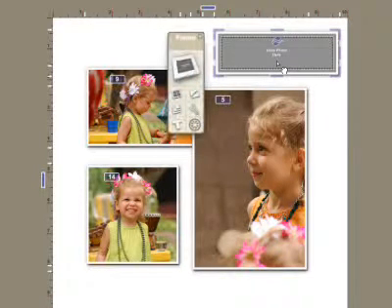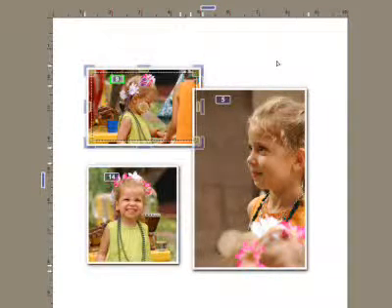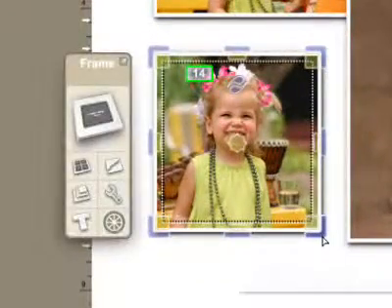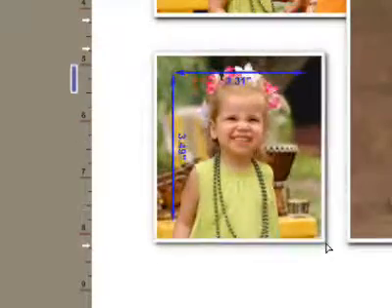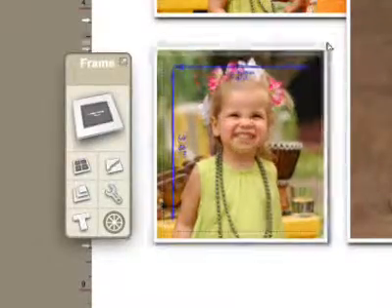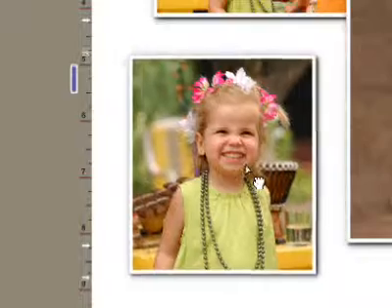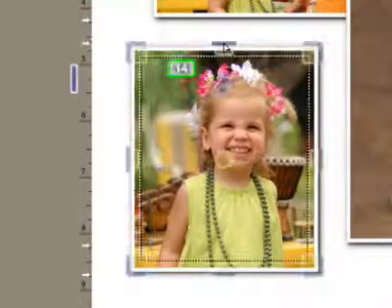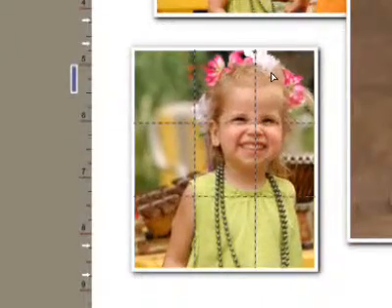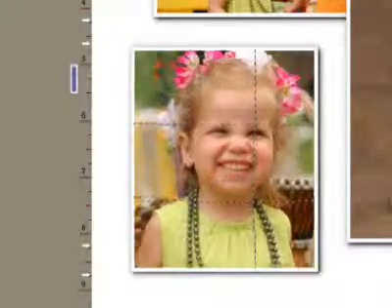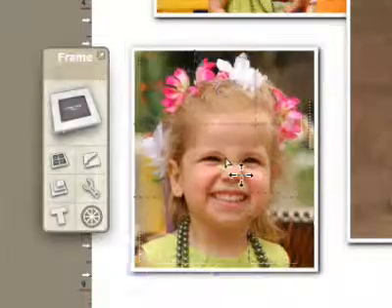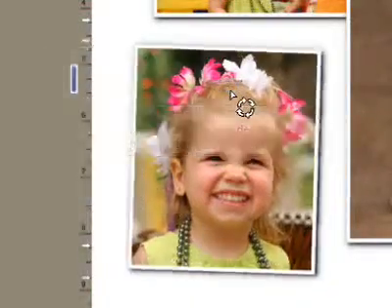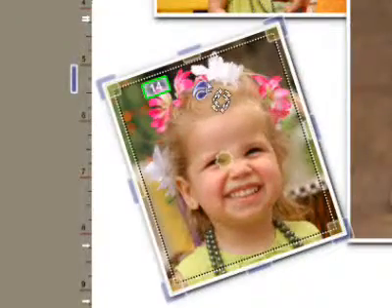You can click on an image or a frame and click the delete key to remove it. You'll notice that these handles are showing up every time I select a frame. They allow you to, without using any keyboard modifiers, just resize or reposition the frame as you like. There are blue handles around the outside. The blue handles refer to the frame. There are yellow handles on the inside, and those refer to the image within the frame. That's what allows you to pan an image within the existing frame or rotate the frame, all done without touching